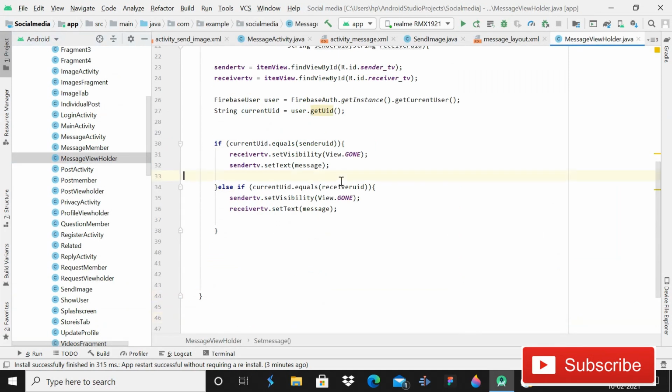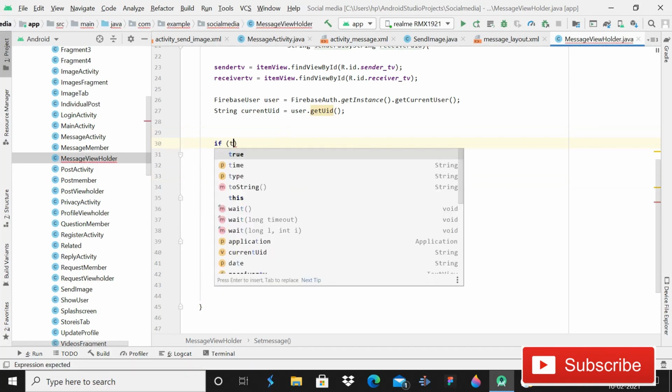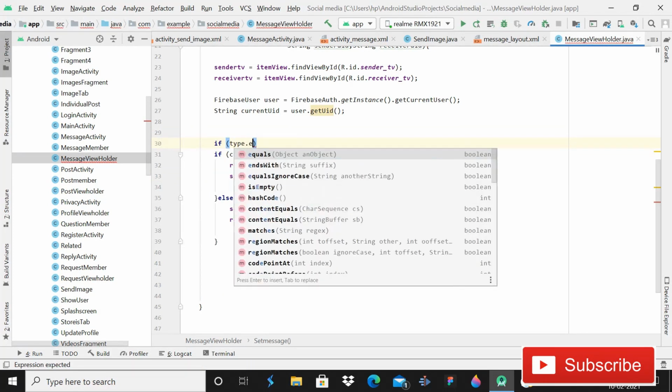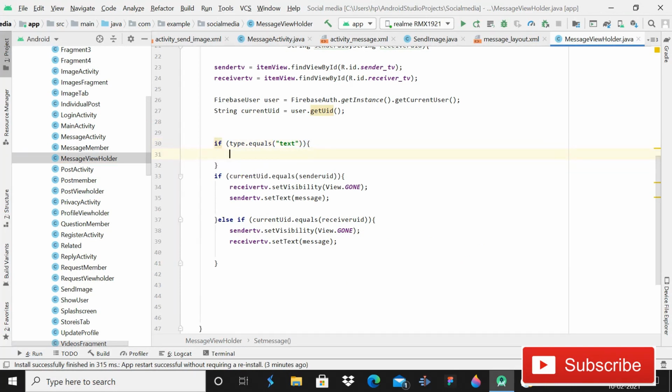So for this guys, a very little amount of validation that you need to do here is write if type.equals text. So we will do this thing, understand.